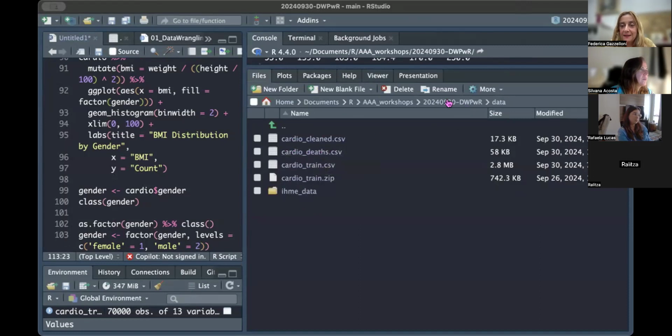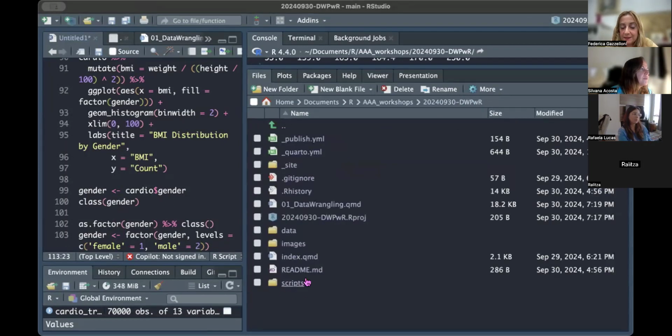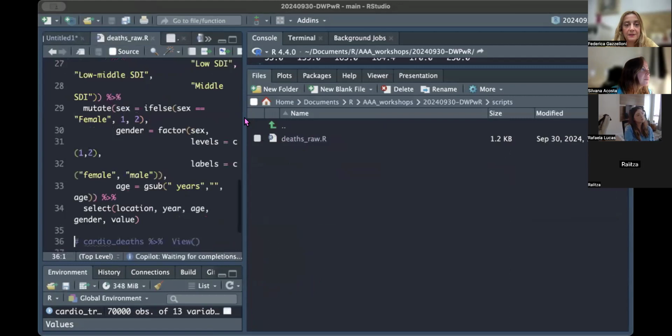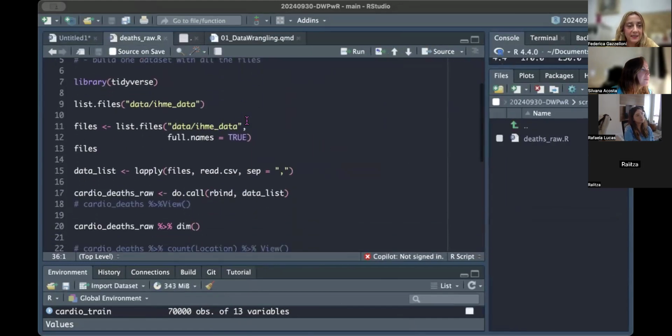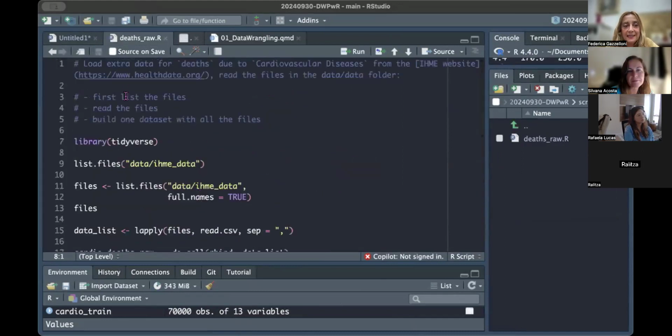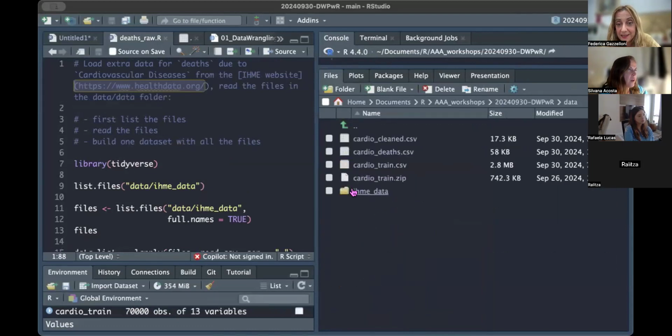The cardio deaths is a list of data sets. You have a folder named scripts in the project, where there is a deaths raw script, where I basically show how I collected this data and put it together. These are data from the IHME. We also had issues with the tool for downloading data. So what I did was